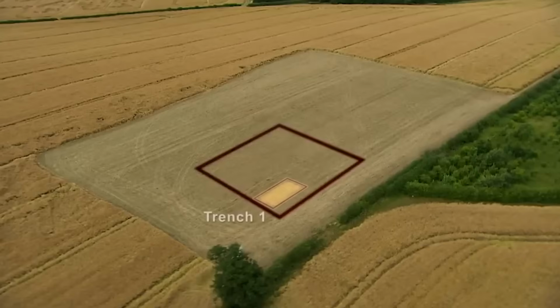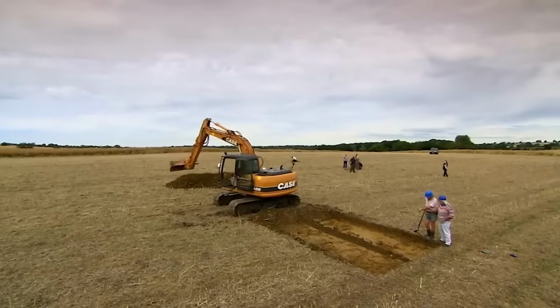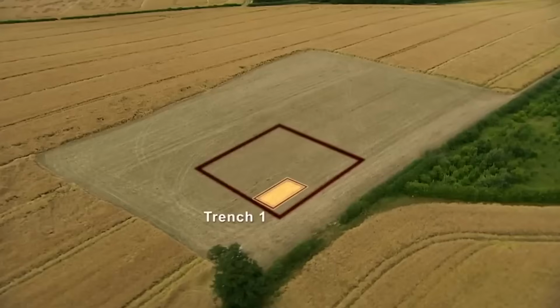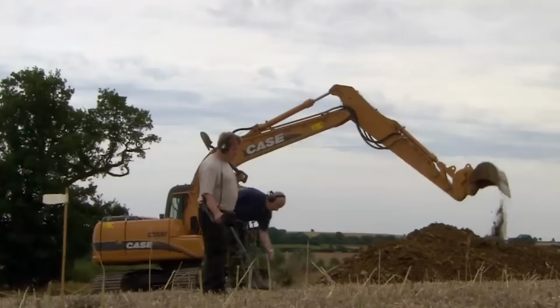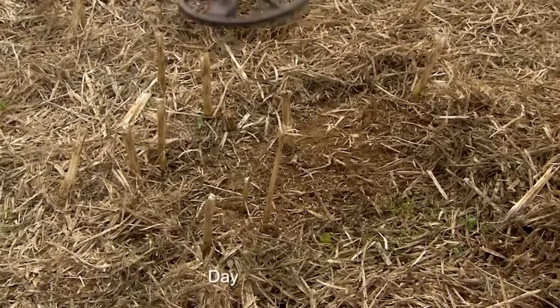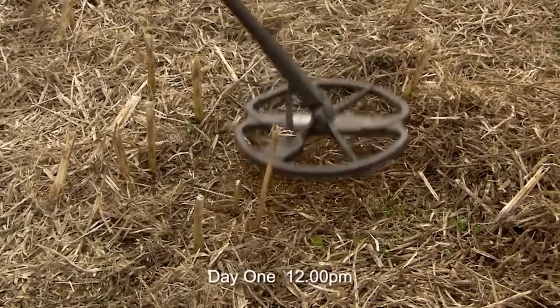So while the machine starts in the southwest corner of Trench 1 to look for grave cuts... It doesn't matter how big an area you strip, you've got to be able to see stuff. We'll send in the metal detectorists at the top corner to see if they can pick up any more evidence of the metal grave goods. Brooches, spears, belt buckles and the like that characterise Anglo-Saxon burials. You've definitely got something there, but...